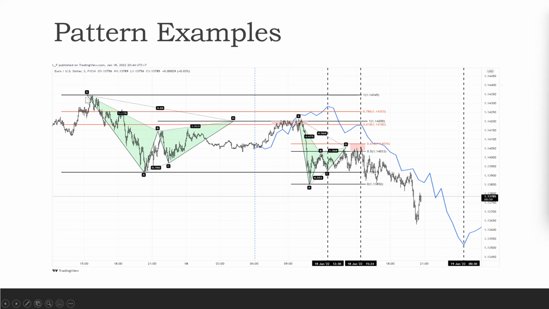Once again here, we have the patterns. So we had this Gartley coming into this time. Although it wasn't at a high point we were looking for, it was still a good pattern example of the things we look for. Like this is the Gartley pattern, the ABCD, the 61% pullback, retracement from this high and this low. And then obviously that rolled over there, and we had another one. So this second Gartley here came into this point here,